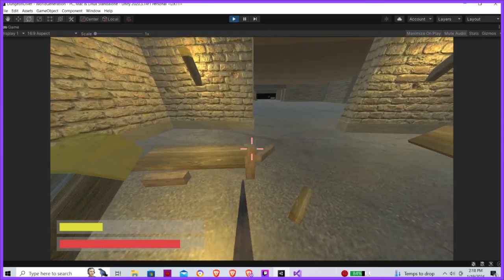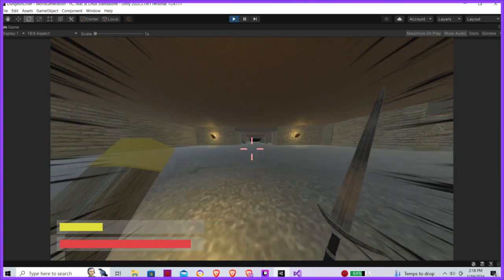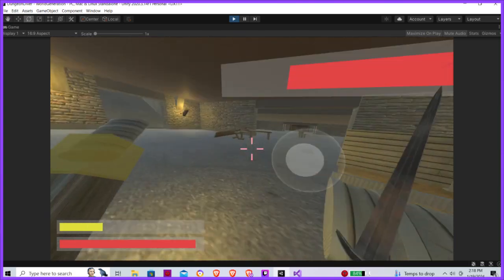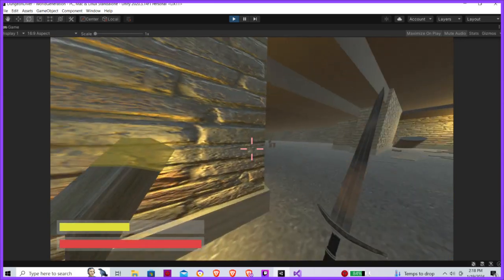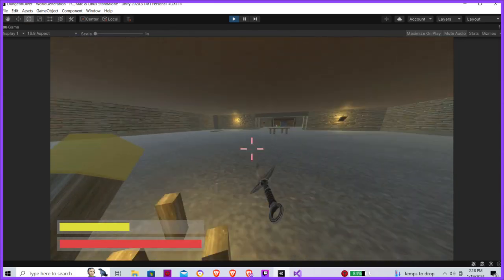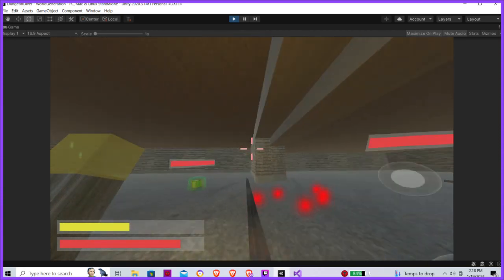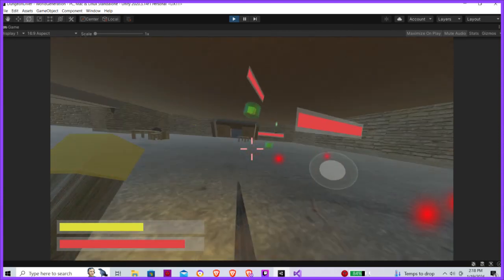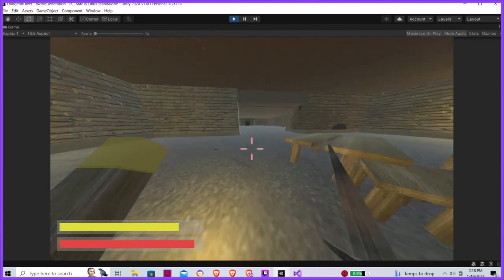Whoa. Maybe I should give it an even bigger hit radius for the tip of the weapon. Maybe that will, I'm saying longer. I mean, then again,